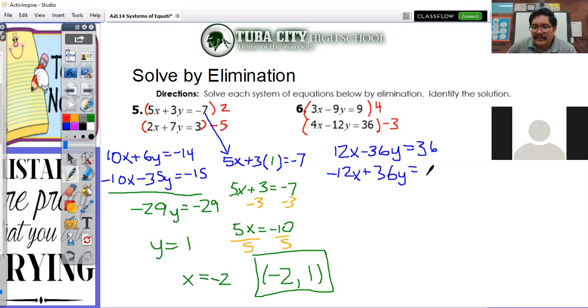Okay, a bit of an alarm is going off in my head right now, because normally when you see something like that, it can mean something different is coming up. Because taking a closer look at it, it looks like x and y are both gonna cancel out. Because 12 here minus 12, that's gonna be 0x, and 36y minus 36y, that's gonna make our y cancel out. So in this case, we get something like 0 equals